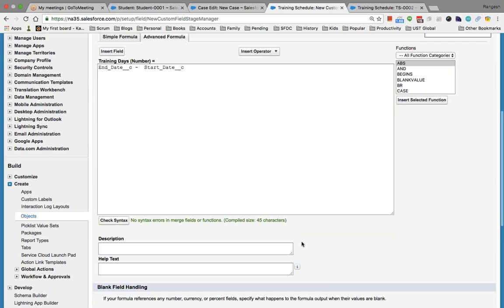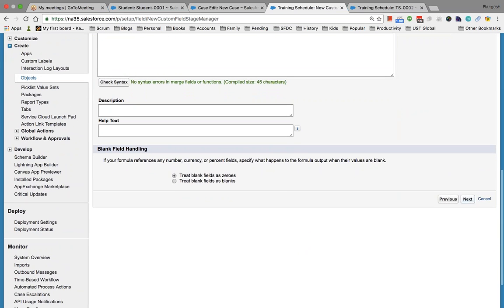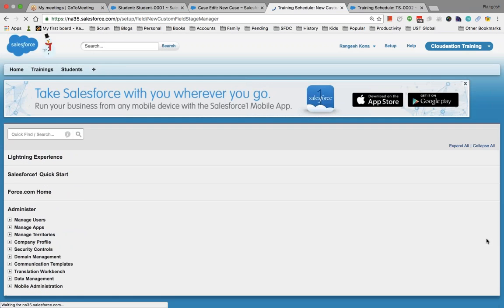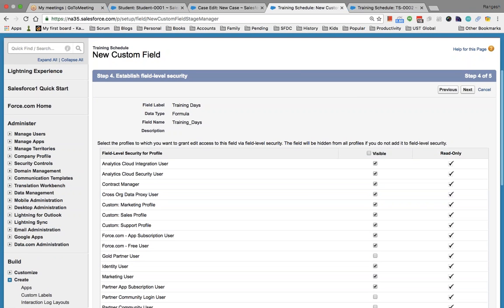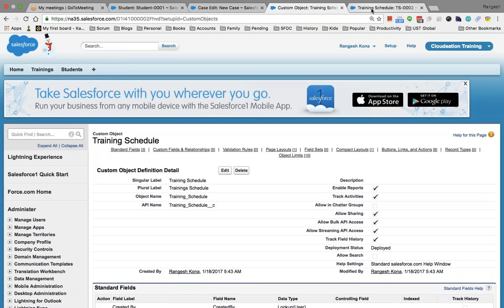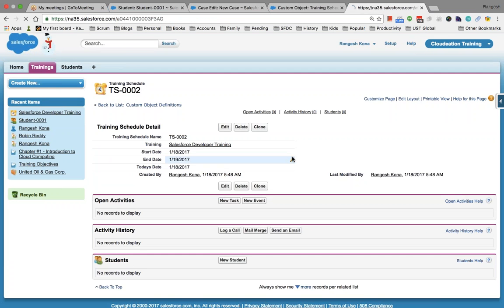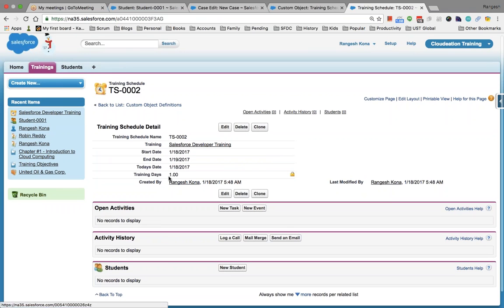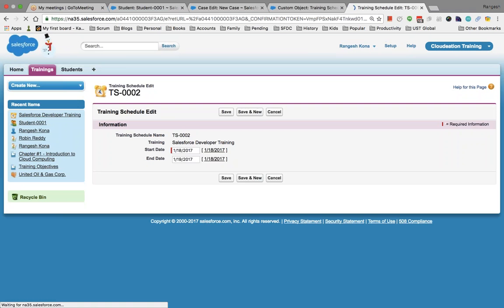Okay, interesting, it did not give any error, so I'm going to click next, and then next, then save. So now I go to training schedule and refresh this. It says how many days it is training. Training days is 1 day, right? Now if I change this one, suppose I put 7